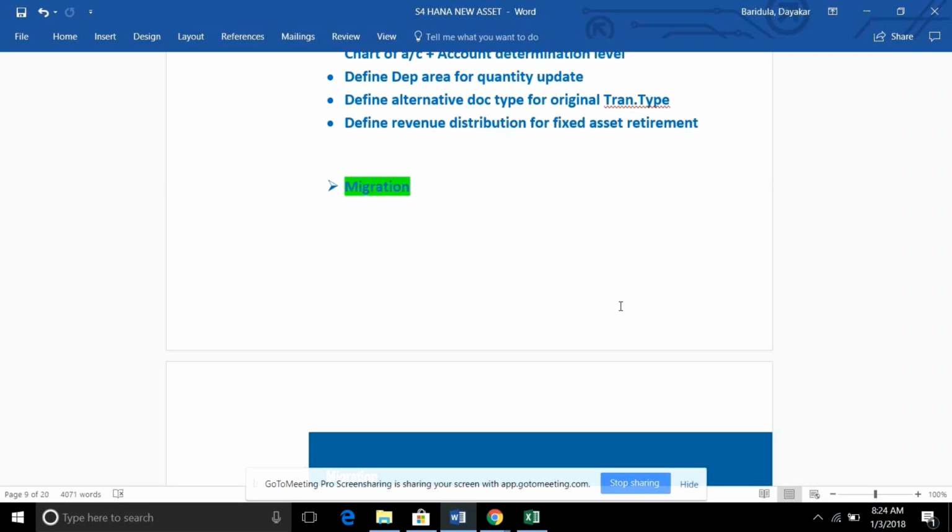Daya, you mentioned the smoothing. We didn't get the terminology. What exactly does smoothing mean? Can you explain? Smoothing is basically a functionality that was earlier there in the classic also.